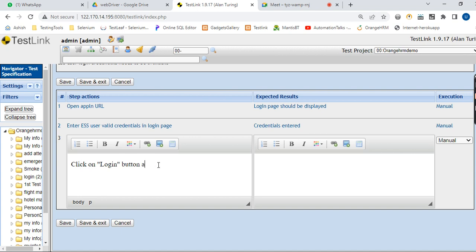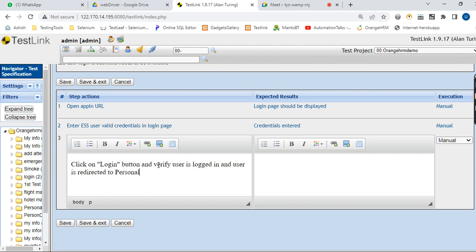So click on login button and verify user is logged in and user is redirected to